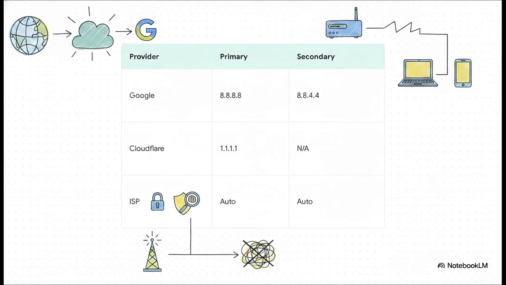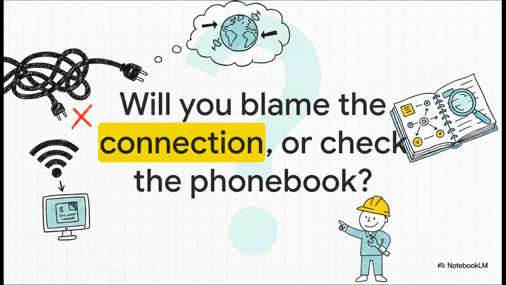It is a real game changer and an incredibly powerful trick to have in your back pocket. Which brings us to our final thought for today. Armed with this new insider knowledge, let me ask you, the next time your browser throws up that dreaded "site cannot be reached" error, will you blindly blame your physical connection and start ripping out cables? Or will you remember the technician's secret, bypass the illusion, and check the internet's phone book? It completely changes how you look at the unseen mechanics of the web, doesn't it?